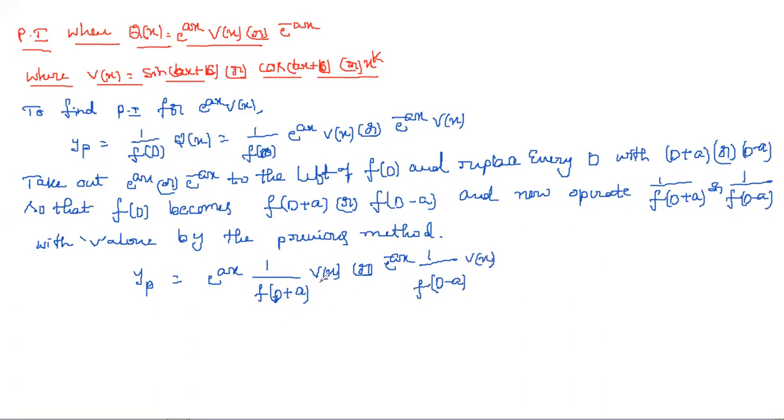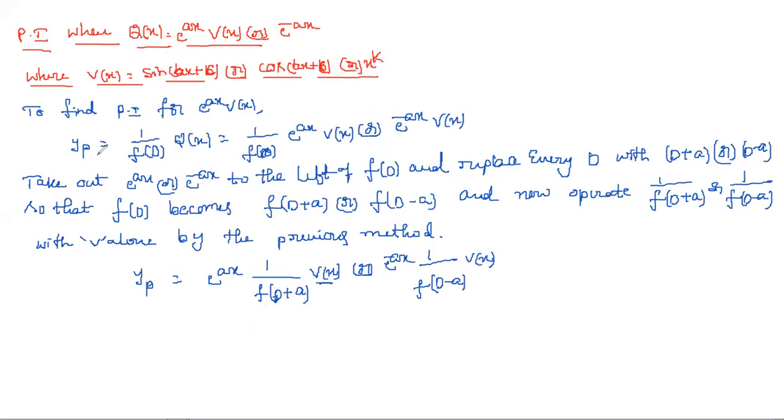After simplifying, whatever is there, v of x is nothing but either sine or cos or a polynomial. So whichever one it is, you apply that procedure for the remaining part. That's it. This is the only new step you will do, and the remaining is as usual. Okay, so is it clear?